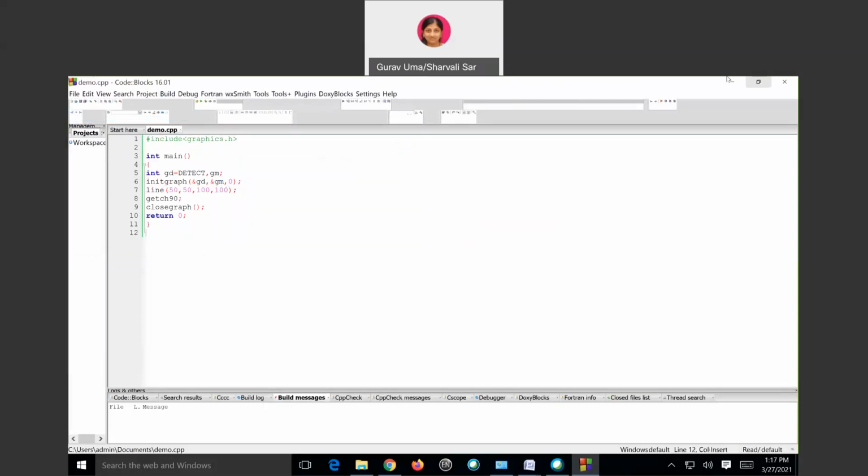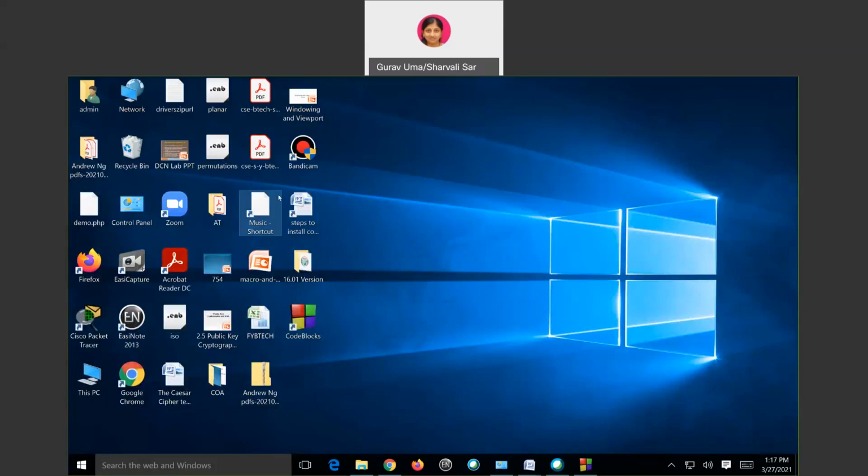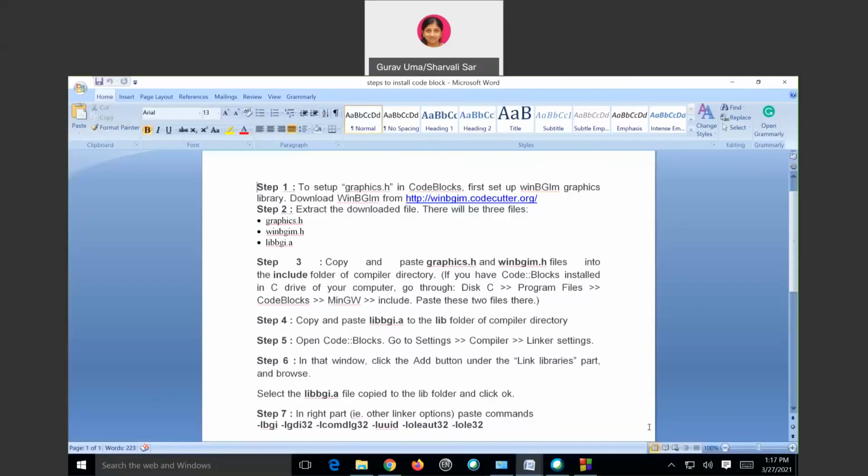So what we have to do is, now I will show you the steps to run the graphics program in Code::Blocks. First, what we need to do is set up graphics.h in Code::Blocks. So we need to take these three files, graphics.h, winbgim.h, and libbgi.a. These are the three files which we require.